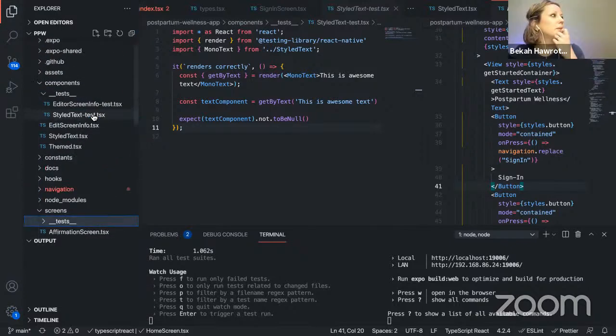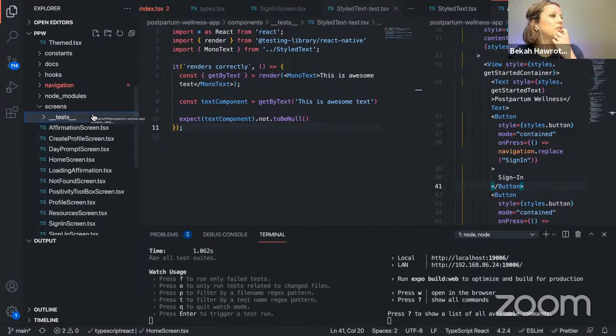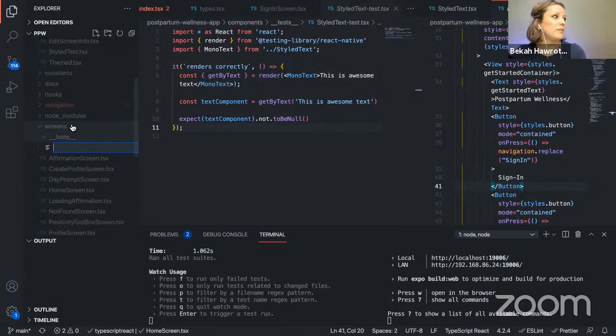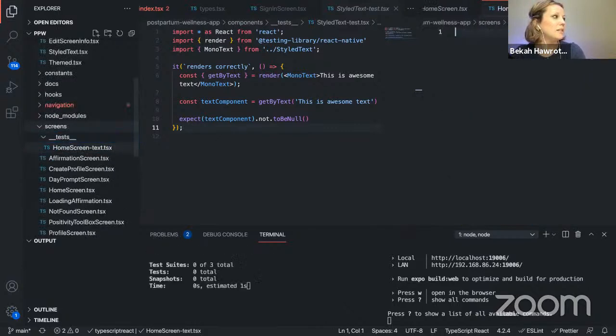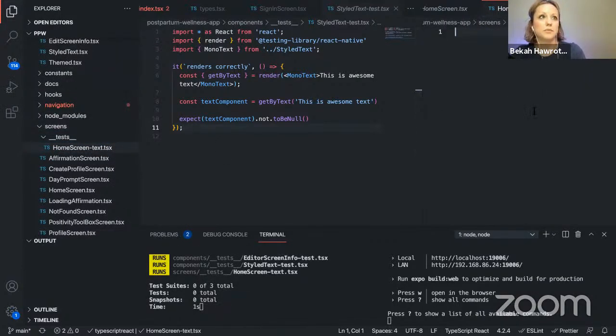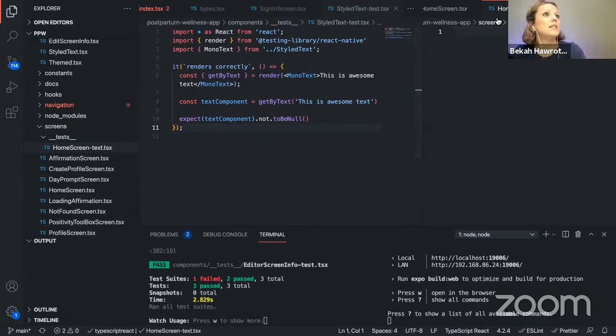So we're going to write the one for the home screen, and we're going to try to follow the conventions here. Home screen dash test dot tsx. Okay, so we've got a test here.